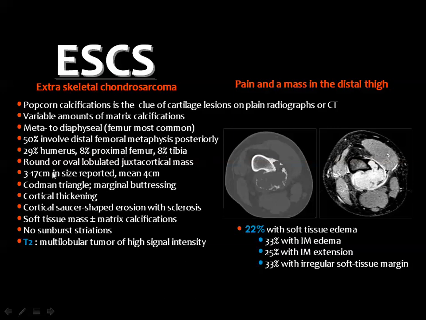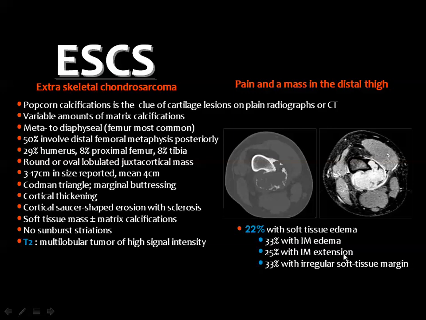They are usually round and lobulated juxtacortical masses, as you can see here in the CT and MRI. The size of the tumor ranges from 3 to 17 centimeters with a mean size of 4 centimeters. Codman triangle may be seen due to periosteal reaction. Cortical thickening and cortical erosions can also be seen. Soft tissue mass with calcification. No sunray spiculations, and T2 high signal intensity, and this tumor is associated with edema, either intramuscular edema or